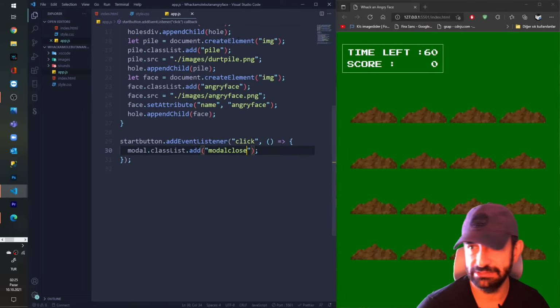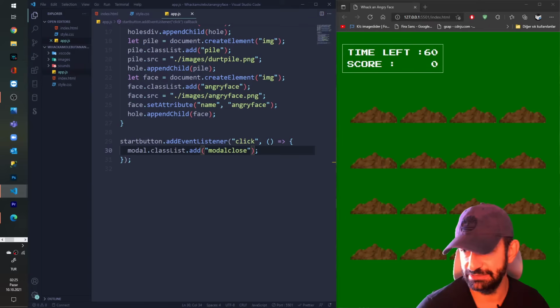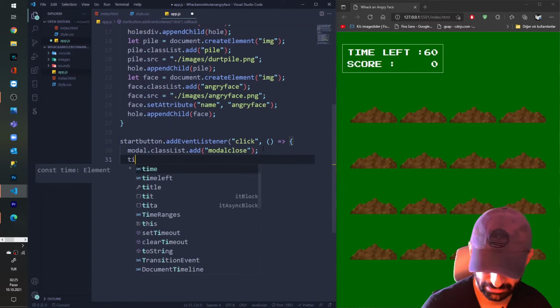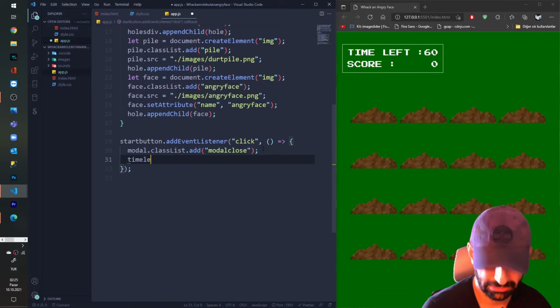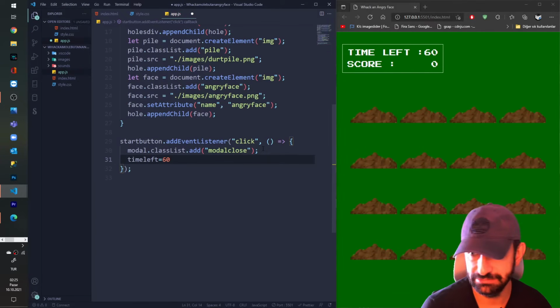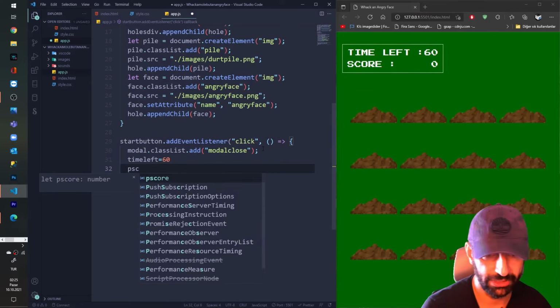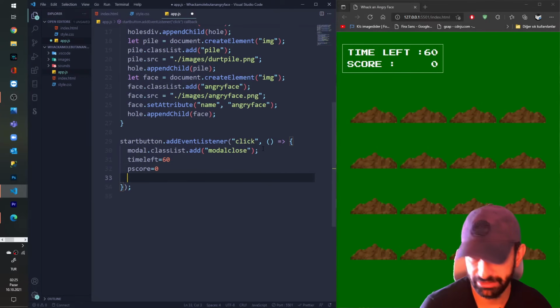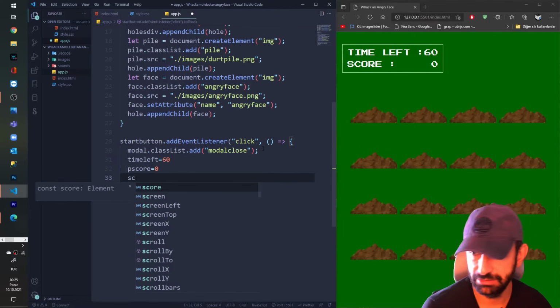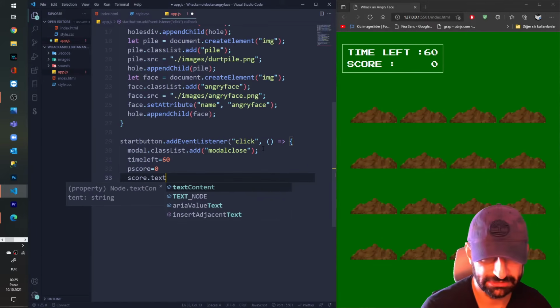So what's next? I go back to my app.css and I say time left. I'm gonna give a value. I say 60 seconds. Player score equals 0 because I'm initializing the game, and everything must be in score.text content.